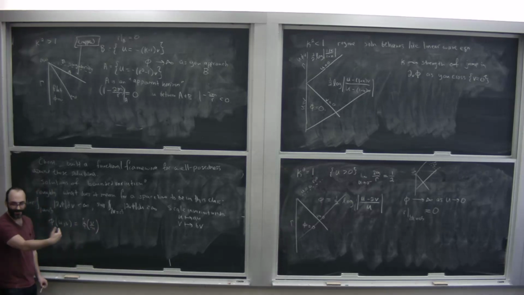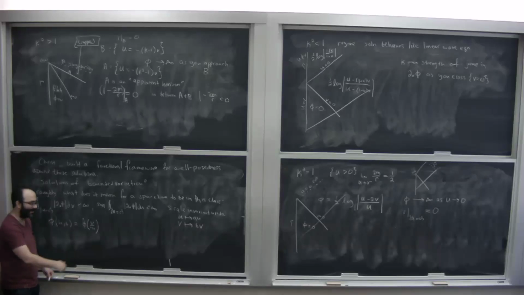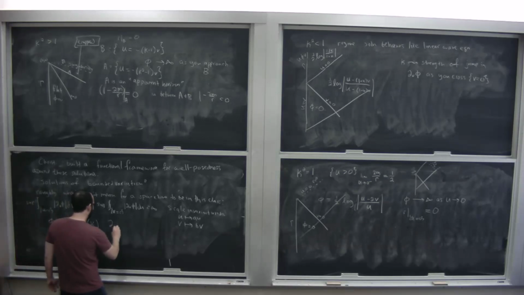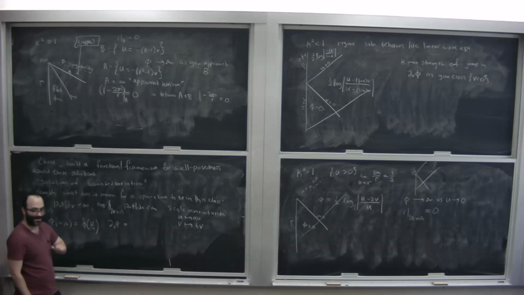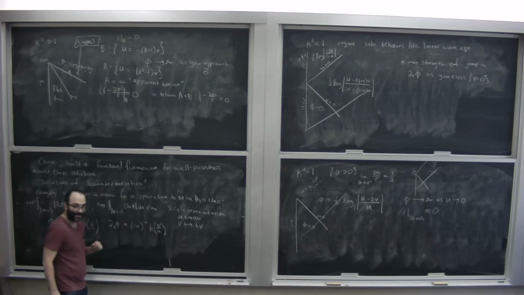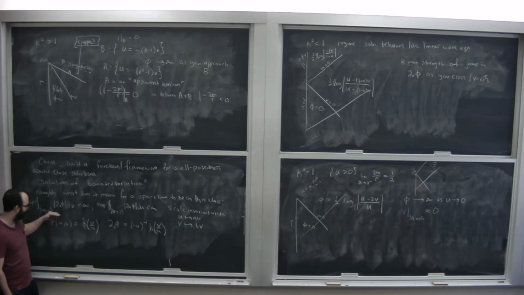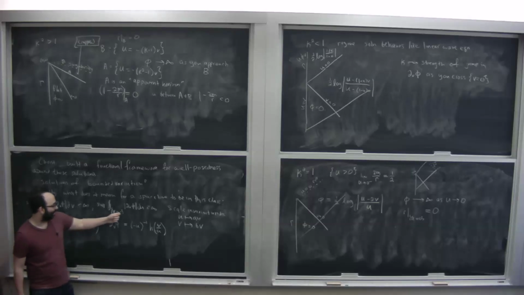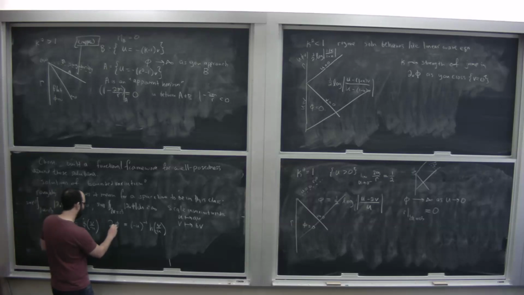And remember, when you take derivatives, the heuristic is you decrease the scaling weight by 1, right? So just based on scaling, the derivative of phi in the region, say, where u is less than 0, should be of the form minus u to the minus 1 times some function of v over u, right? Let's write it like this. Okay, and I just want to keep that in mind when interpreting these things. It's kind of interesting. So this says when you go along,